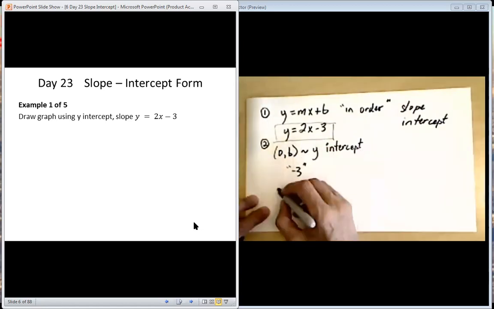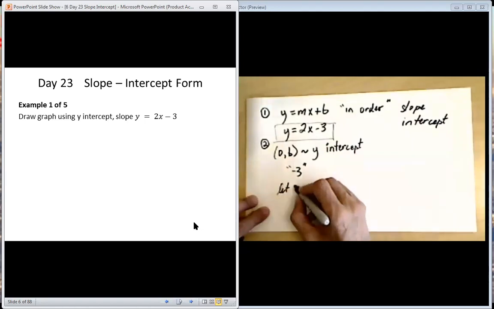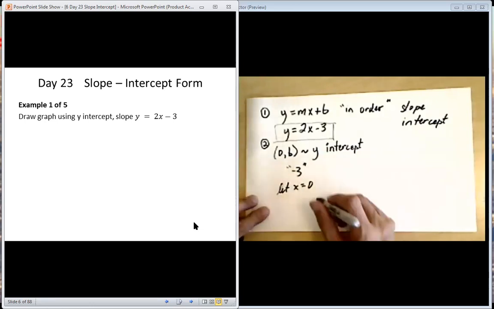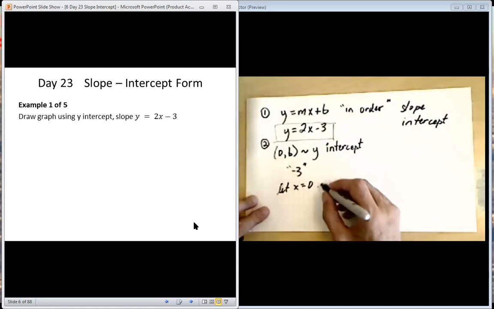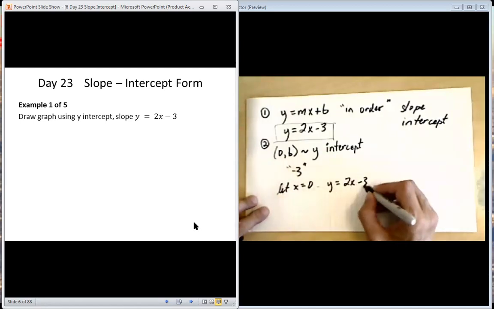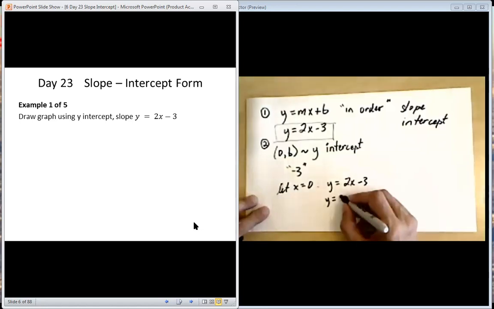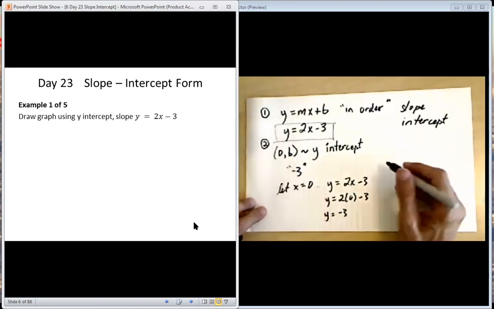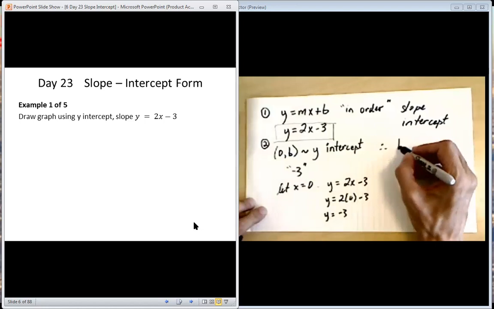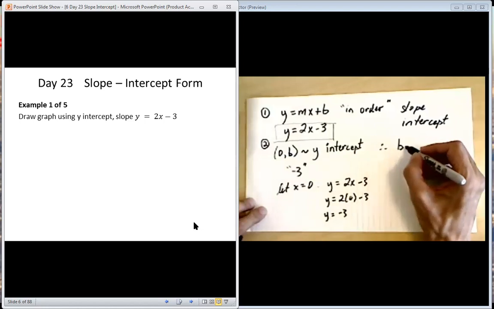Okay, we can let x equal 0. You can do this trick until the end of grade 12. To find the y-intercept, you let x equal 0, and then you work it out. Okay, so our equation is 2x minus 3. When x is 0, we get y is equal to minus 3. And so this means that the slope, the y-intercept rather,